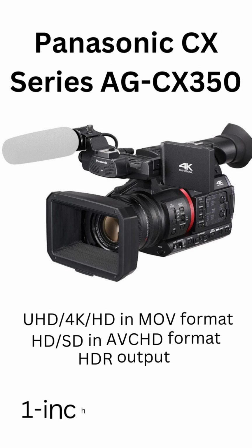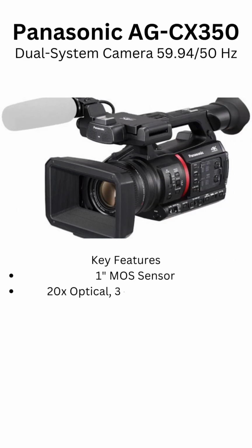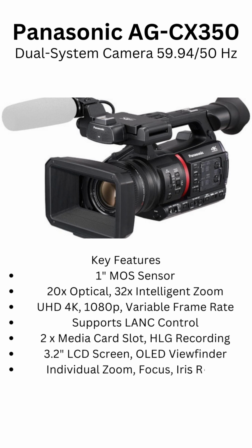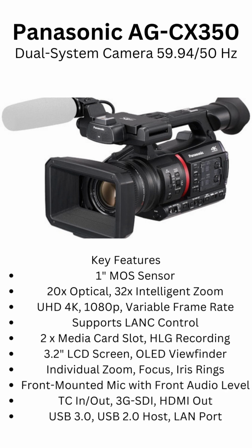The Panasonic CX-350 4K camcorder is designed for what Panasonic is calling the fusion of communication and broadcasting. A compact professional UHD 4K camcorder packed with features that you would expect to find in a full-sized camcorder. The CX-350 features a 1-inch MOS sensor recording in UHD resolution, 3840 by 2160, in the MOV format using a